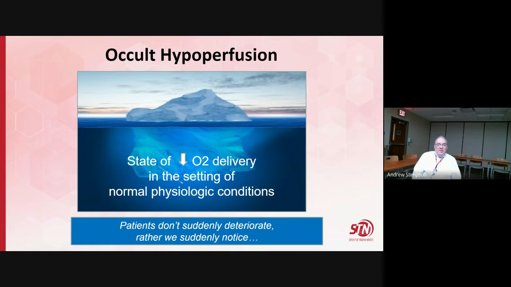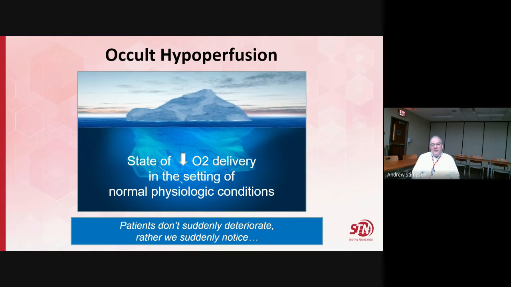What's cryptic hypoperfusion? That's the state where your oxygen delivery is decreased in the setting of normal physiologic conditions. And again, here, patients don't suddenly deteriorate, we suddenly notice. This is what I talked about in terms of finding the subtle findings of shock. Are they pale, cool, and diaphoretic, even if the blood pressure is normal? If someone's hypertensive, they can lose blood and they'll continue to have a quote unquote normal blood pressure, but they may be doing that. So we always want to be mindful of occult